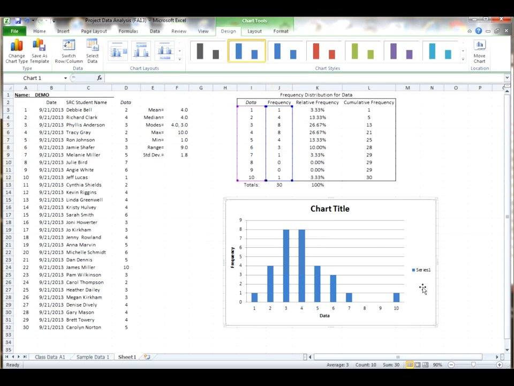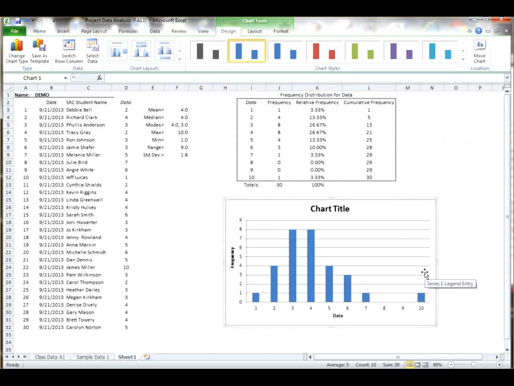Okay, I don't have two bar graphs combined or side by side or stacked, so I can just delete that series there. I want to give my chart a title, left click twice on it, and edit. So I could say my bar graph. I don't really need to say bar graph. Let's just do whatever my data happens to be